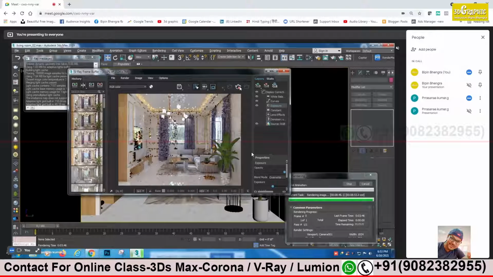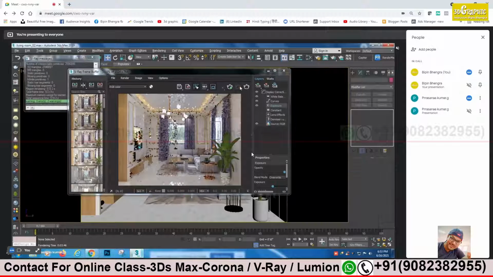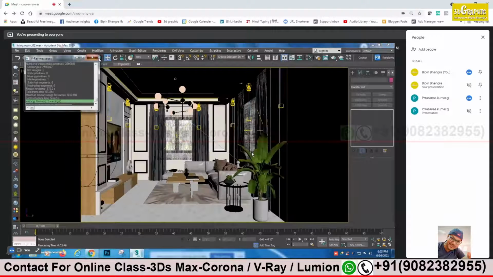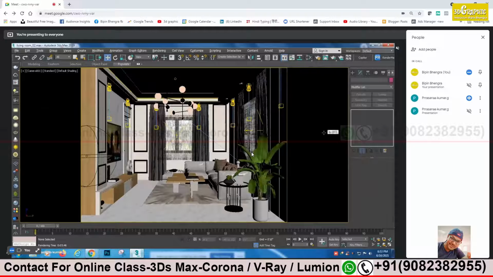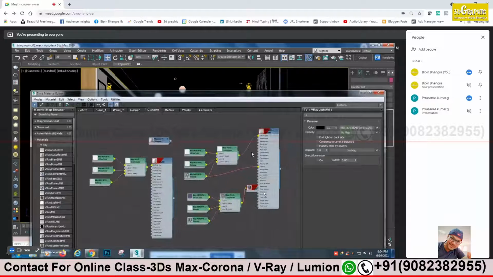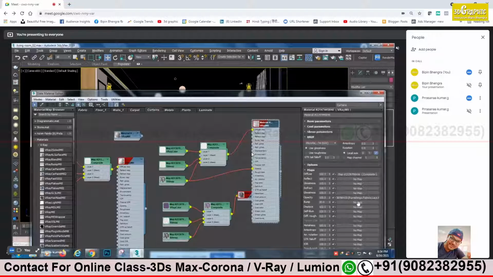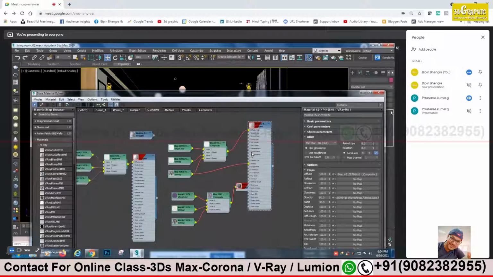Okay. Now work with the texture. See the texture which you have to take care of. Lighting is good. First thing I have to work with the curtains. The opacity is 100%, I'll take it to about 80%, sir. Yes, reduce that to 80%. Okay, this is done.